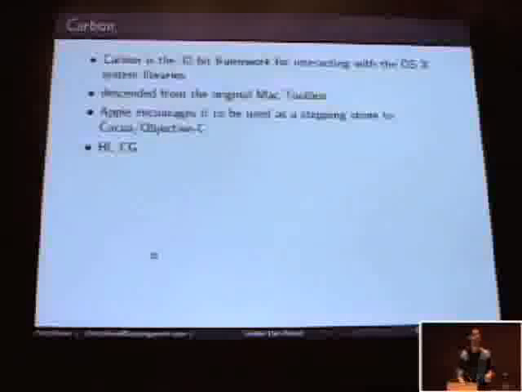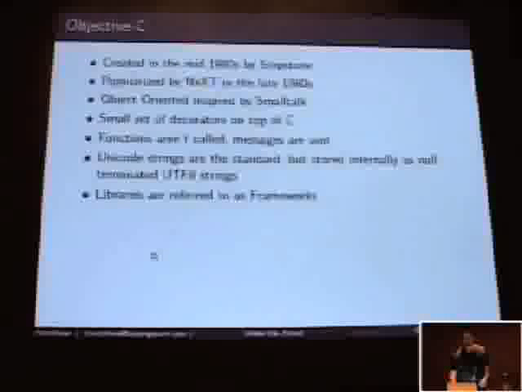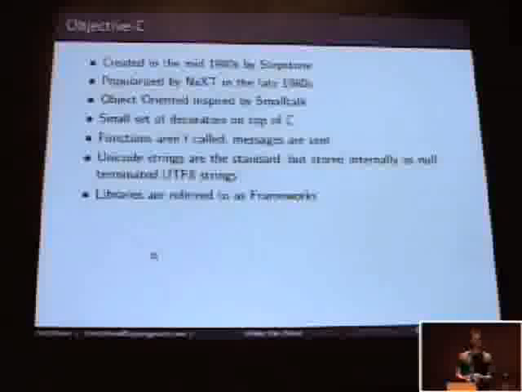HI and CG are common prefixes to libraries that are written in Carbon. But the bulk of stuff that's made, and what people talk about when they're talking about coding on OS X, is done in Objective-C. It was created in the 80s by Stepstone and then NeXT licensed it. It's object-oriented, inspired by Smalltalk, but it's just a small extra little bit on top of C. There's not a whole lot to learn other than the initial calling and defining of the methods, and then it's